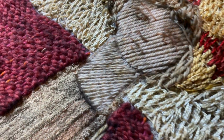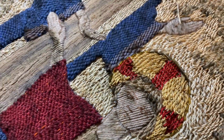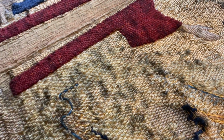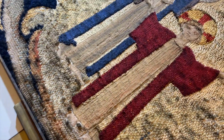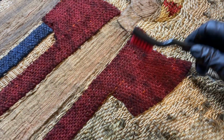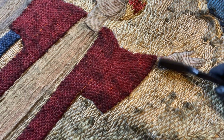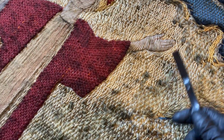As I said, even in certain areas we're down to one strand of wool lineating facial features. After blowing it off, I'm going to now brush through the piece again to agitate any more loose soil, and then I'm going to blow it off one more time before I